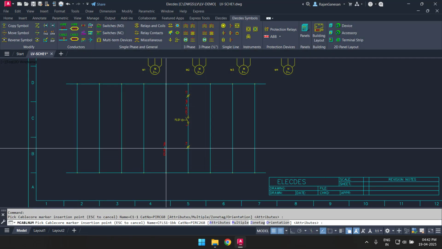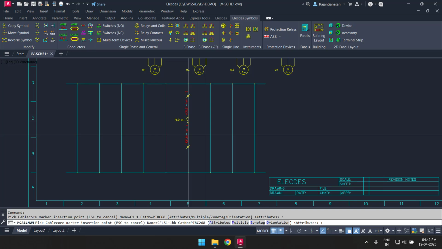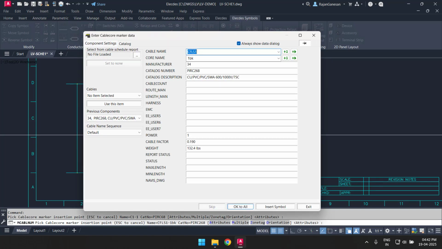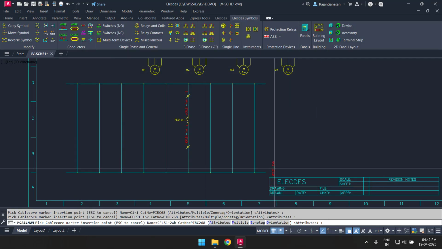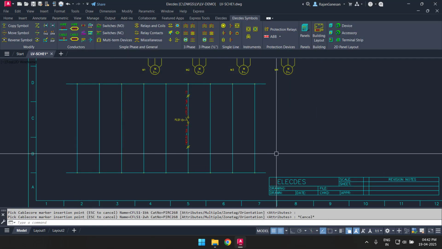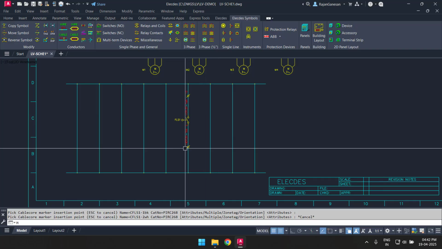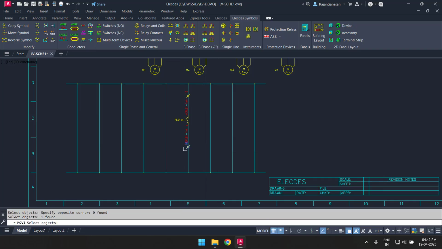I will now position the second core from that cable. I will confirm the cable name, spec, and the second core name. The Electez name sequencer is a program which assists with creating the tag name identifier for all components. Most of the time, you won't need to enter a tag name.